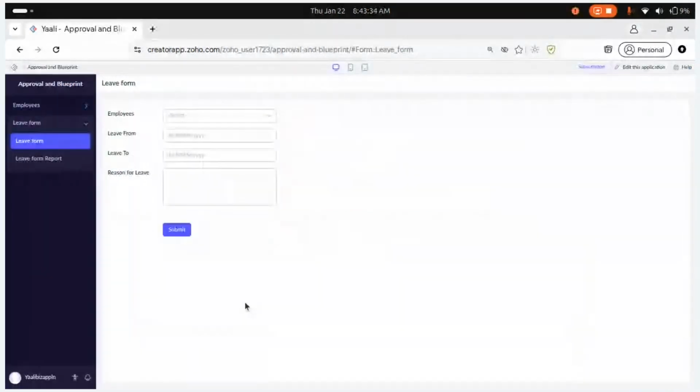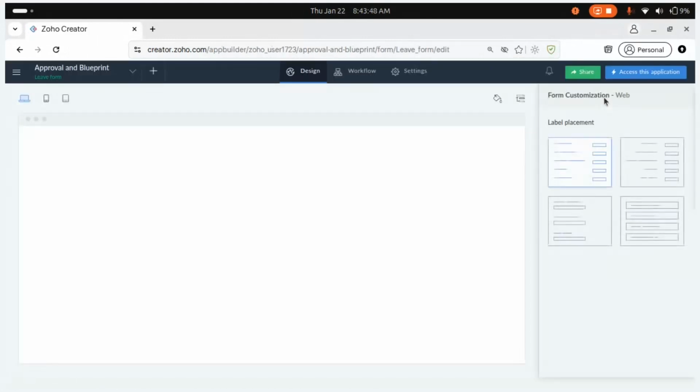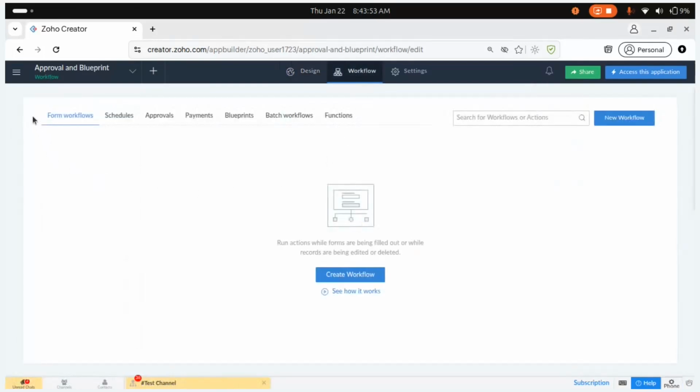After we successfully create the leave form, we have to arrange an approval for it. For that, you can see Edit this application in the top right corner. Just tap on that, and then tap on the workflow section. In the workflow section, you can see form workflows, schedules, approvals, payments, blueprints, patch workflows, and functions. In this, we have to use an approval. Just tap on that, tap on create a workflow,